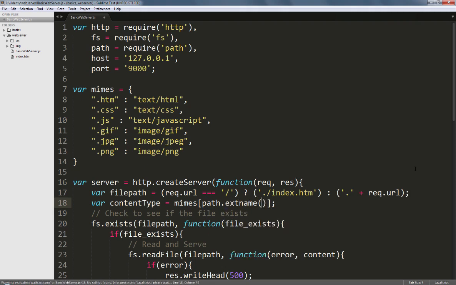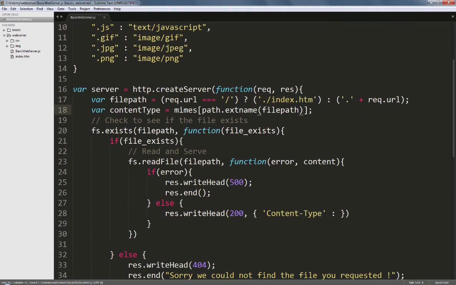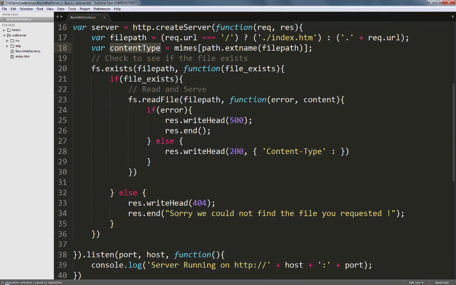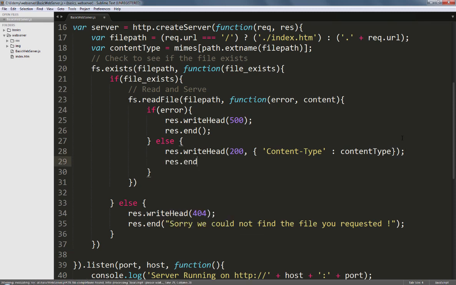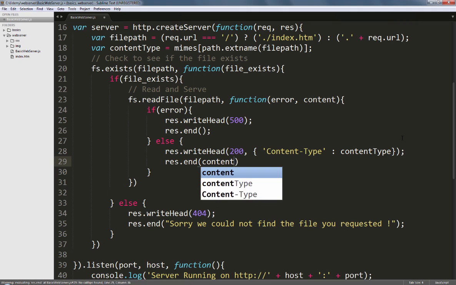The path.extname method accepts the path to a file name and extracts the extension, and by accessing the MIMES object like so, we can easily obtain a matching MIME type. We'll simply plug this into our writeHead method like so, and we are good to go. Finally, in the res.end, plug in the content variable that the fs.readFile provides in its callback to serve the file. We'll also set our encoding as UTF-8.